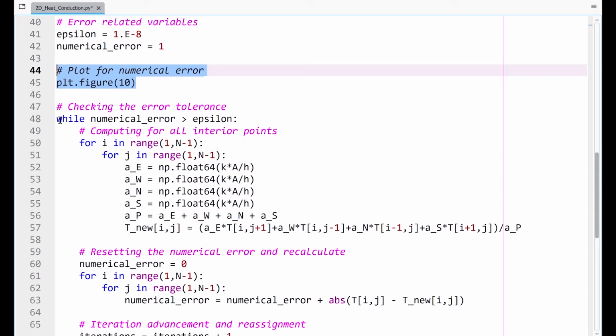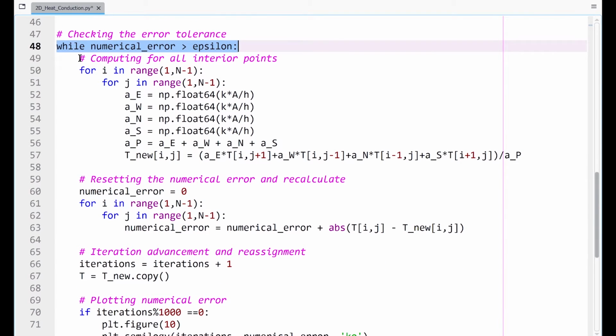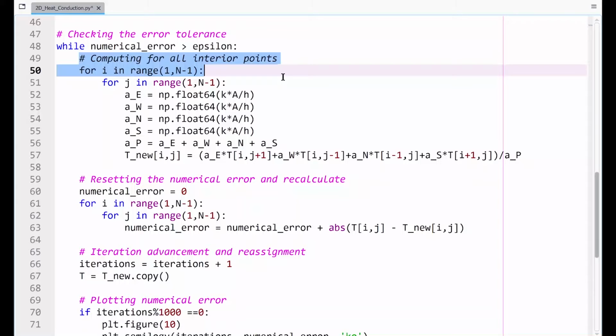For the computation part, we first have a while loop. While the numerical error is greater than epsilon, the computing goes for all the interior points. The change as compared to the 1D scenario is that we now have two for loops. The first for loop you can imagine in terms of row, and the second for loop for the column.